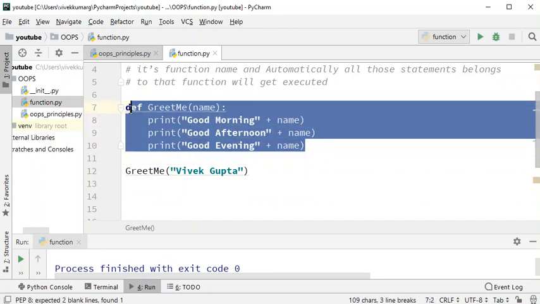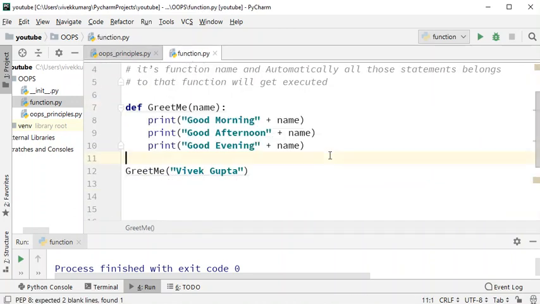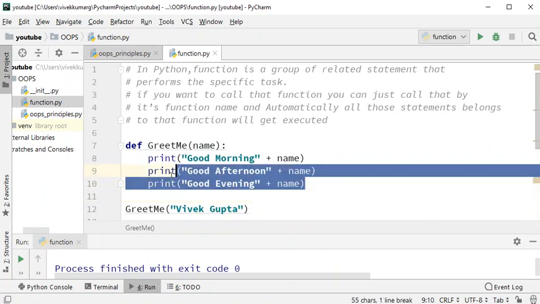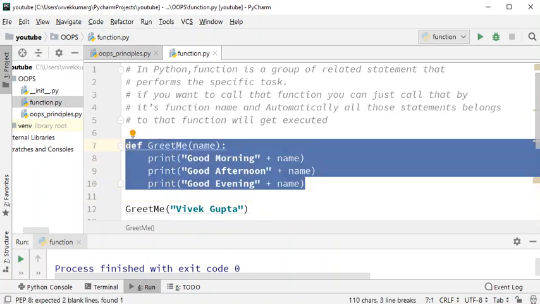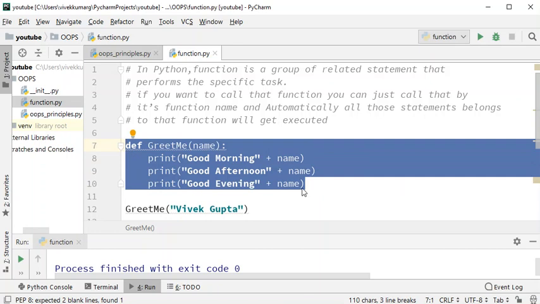So, for example, if I just copy and paste here, this becomes a method. There is no such difference between a function and a method. If you use a function without wrapping it in a class and you use it independently, it is called a function. Now you see this? We said this is a function because we are not wrapping it inside a class. When you write this independently, it is called a function.